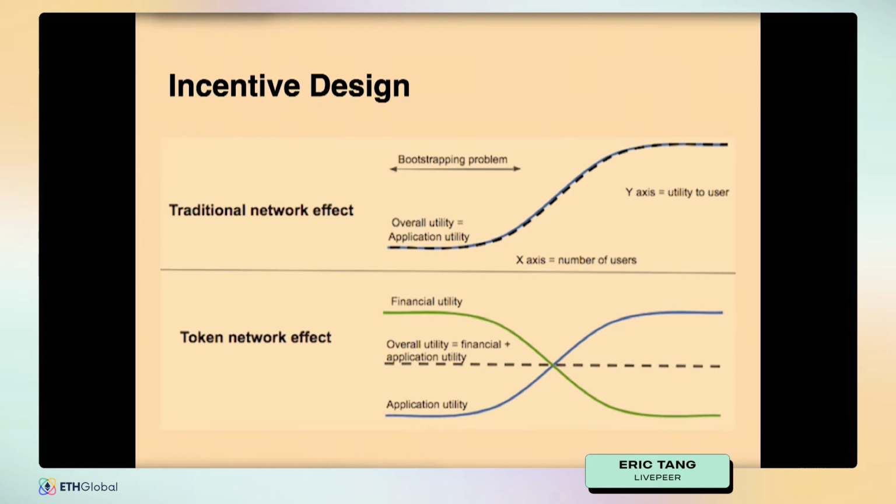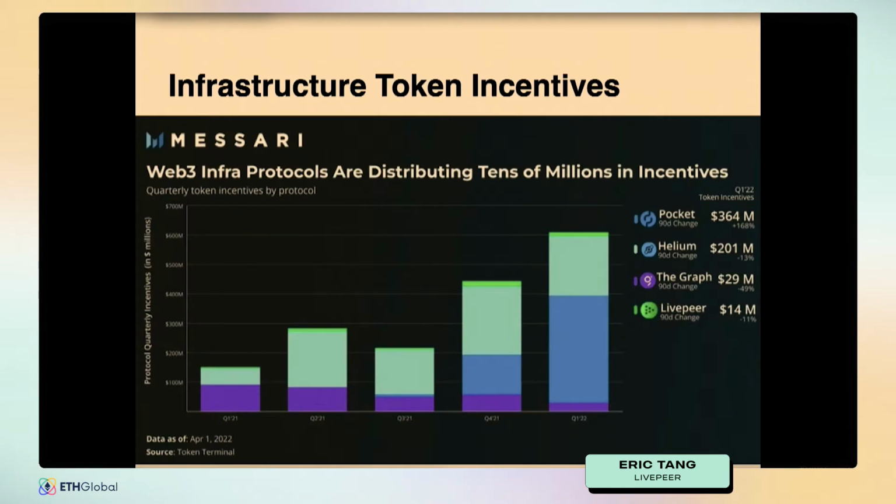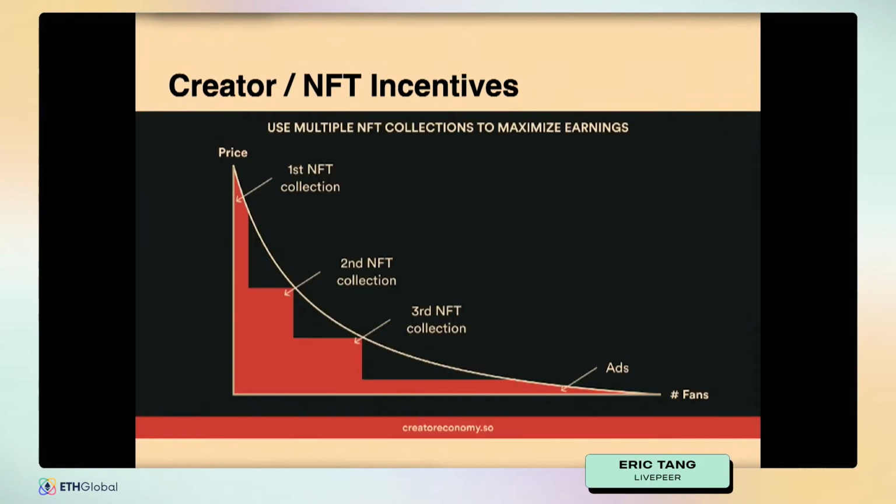Right? And this is already starting to take shape in the past few years, even in the infrastructure space. So here we see a lot of interesting computation infrastructure has been bootstrapped using these token mechanisms where each year a lot of value is being distributed to the participants in these protocols, and these protocols and infrastructures are being bootstrapped and becoming this global and really efficient infrastructure. But it doesn't stop there, right? It's not just about tokens. Creators can also take part in this. And currently, a lot of creators are taking part in this through NFTs, right?